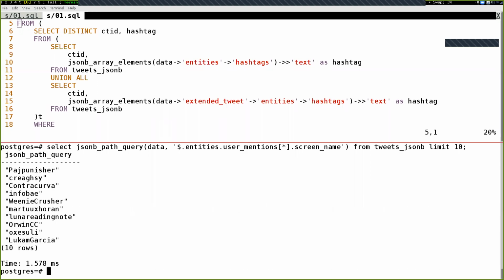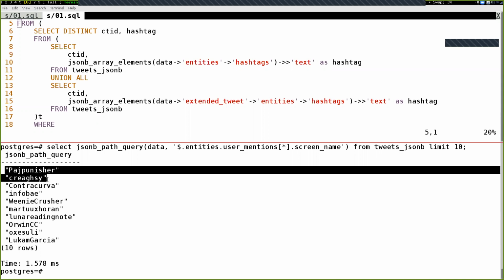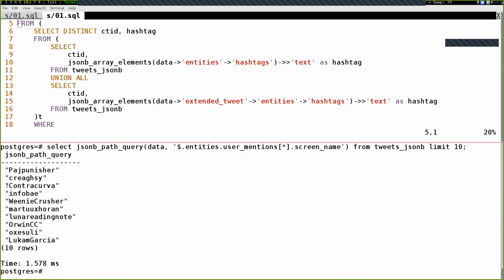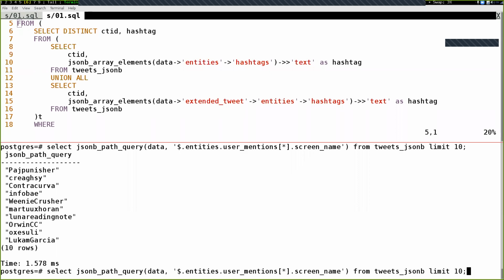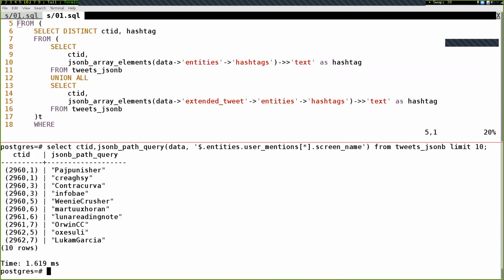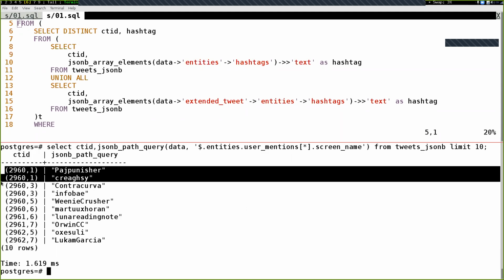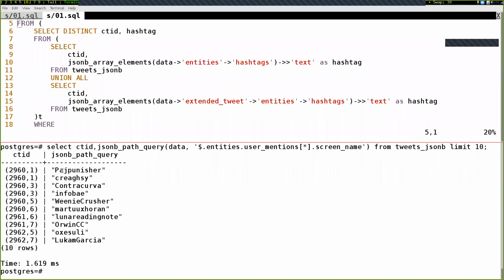If I did limit 10 like this, we already know in advance that these two come from the same tweet, but we have no idea whether these other ones down here are coming from the same tweets or different tweets. A trick to figure that out is that, remember, there was this CTID system column on every row in our table. And if we use that, then we can get the actual tuple ID of the corresponding